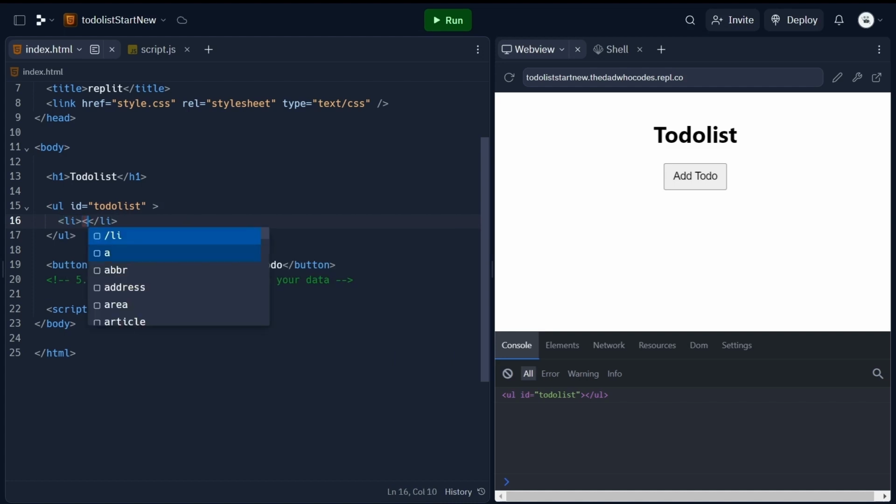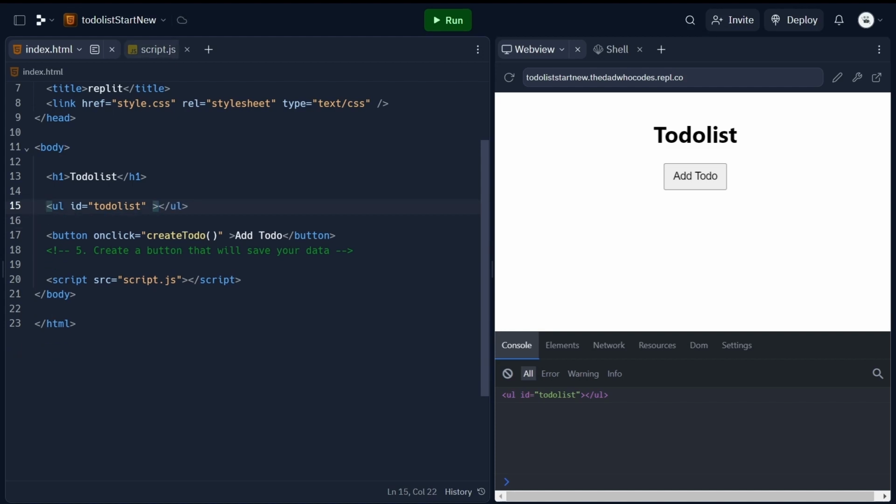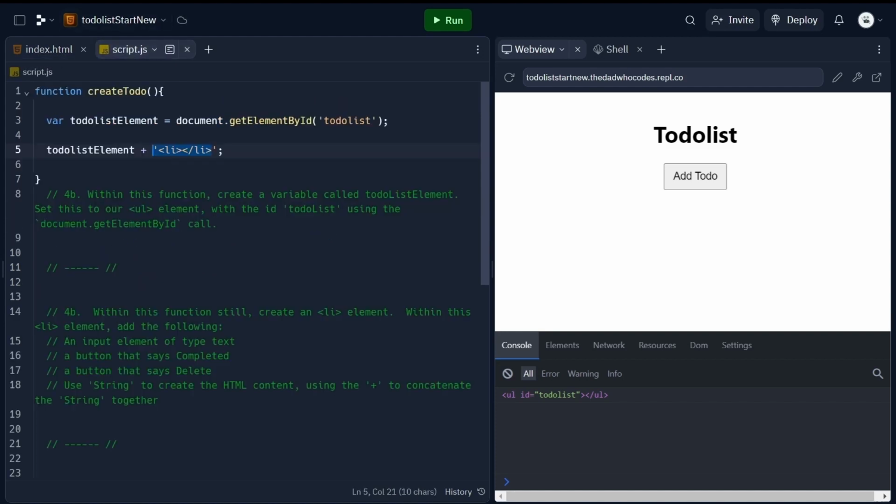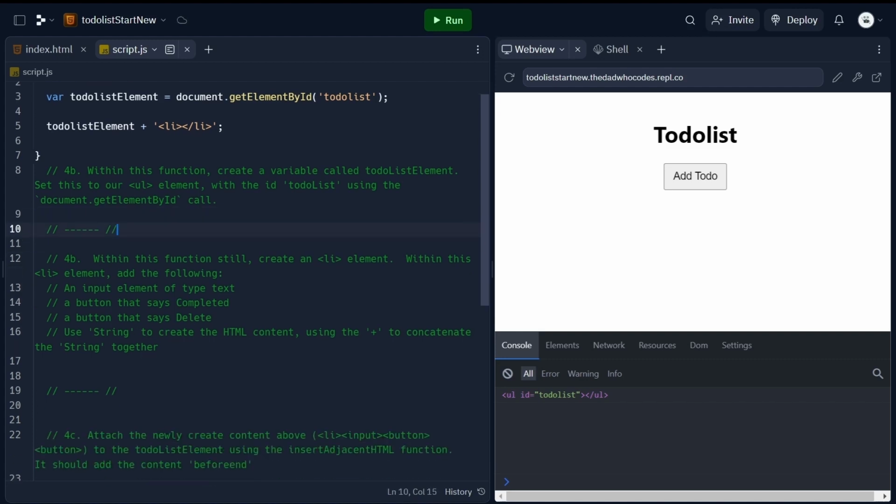So there's the first one, angular brackets li, close the angular brackets, and that's going to help us create the li's. What's important to note is that in the JavaScript file, we do need to pass in a string representation of the HTML element. So in JavaScript, we will use the apostrophes, open the angular brackets, li, close the angular brackets, to create a string representation of the HTML. So in order to attach HTML content to the todoListElement variable, we're going to have to use a function called